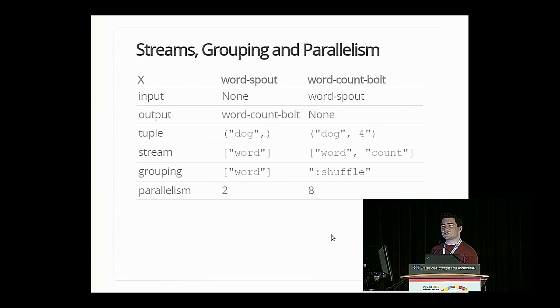The grouping is interesting. What grouping lets me do is say, when you emit words, make sure the same words always go to the same bolt. So for example, if I group on word, it'll say, every time you get dog, make sure dog gets hashed to arrive at the same bolt later in the processing stage. And parallelism is also tunable per component. So in this example here, I might have parallelism of 2 for a word spout and parallelism of 8 for the word count bolt. That means it's using 8 Python processes on the right and 2 on the left.